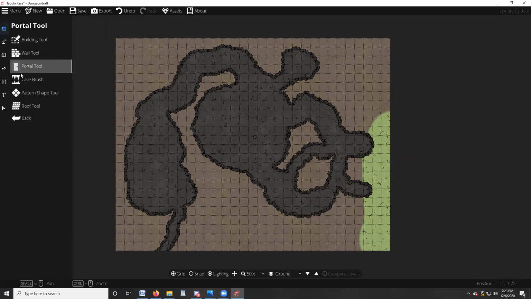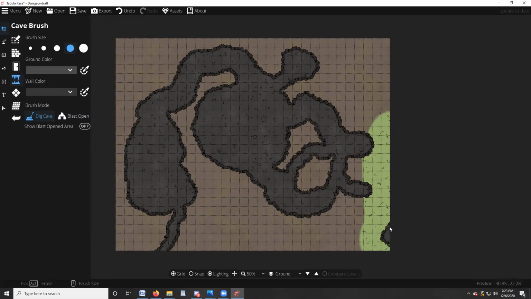So if I go to my cave tool and I've got some forest that I've made out here, or some grass that I've made, I can hit blast open, and then I can come and select the area. Basically this removes the part of the cavern, including the walls. So it lets me have more of a natural opening, so that players looking at this can just walk into the cave rather than it being this sort of awkward wall that we have to